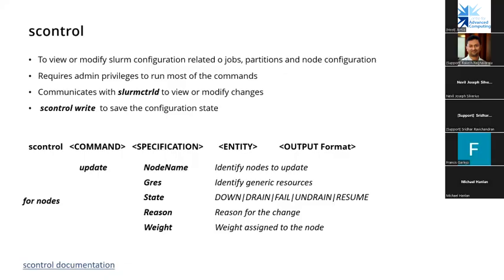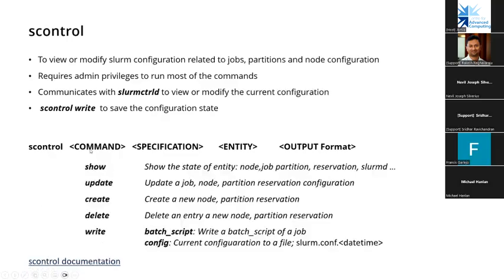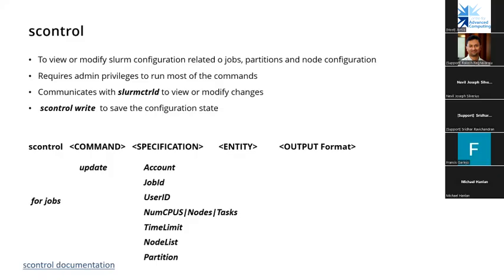Moving forward, the command line argument for SControl goes something like this. We have SControl and the command that we want to run. This could be show, update, create, delete, or write. There are more options than this, but the typical ones are these. And then you have to specify what needs to be done, and also the entities that need to be changed, and finally the output format in which it needs to be printed out. That's the typical command line argument